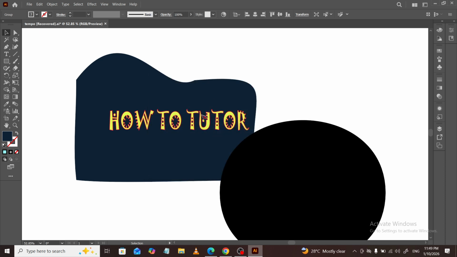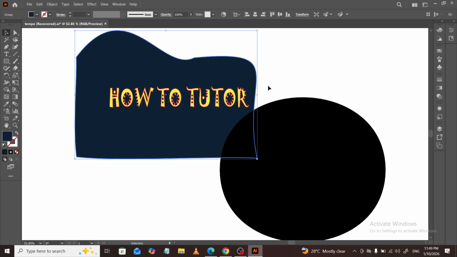And that's it. Select the stroked object, choose Object, Path, Outline Stroke, and the stroke becomes